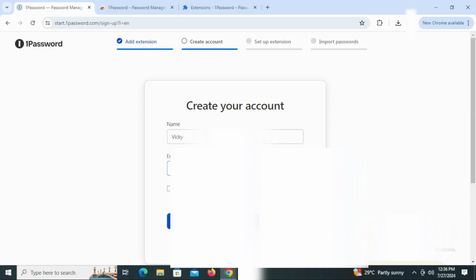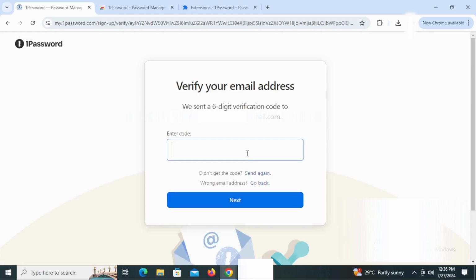And so now we can go on to click on next. Here a verification mail was sent to our email address, and we are required to provide a verification code that was sent to our email address, enter the code and continue with the setup. So I click on next,